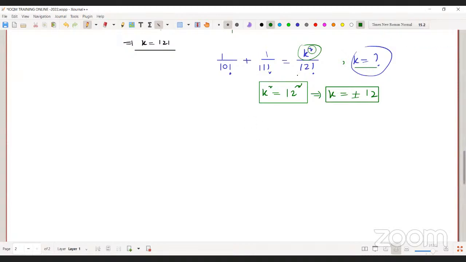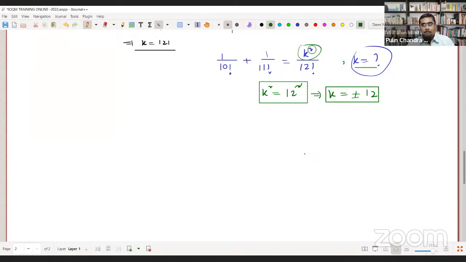Excuse me, sir. Yes, tell. Sir, it is said that the k square value is 12 square. So if it is a negative number, then it will ultimately come in positive. So is there any requirement of getting a negative number? Yes, we need it because ultimately this is given as an equation, right? So in an equation, if there is some unknown, it has got some values, roots. Until and unless you have a finest logic that I can discard this value, I do not have any reason to say that ये नहीं होगा. तब तक हमें वो सारे values accept करते रहना पड़ेगा जो इसको satisfy करेगा,